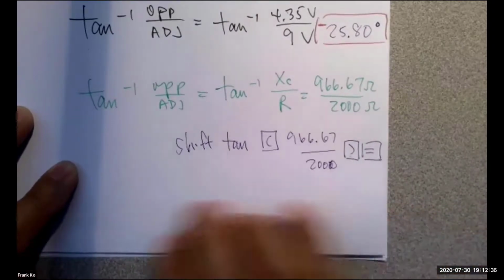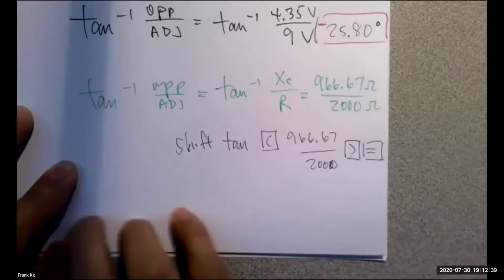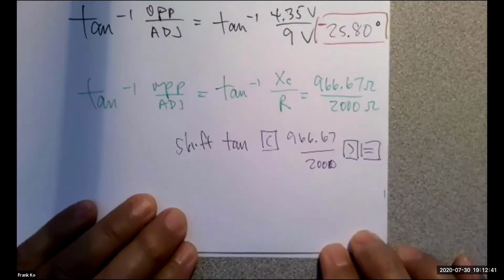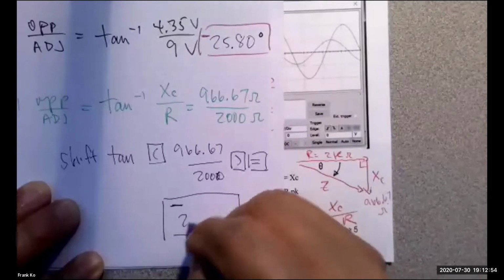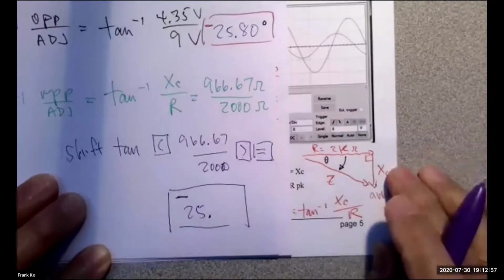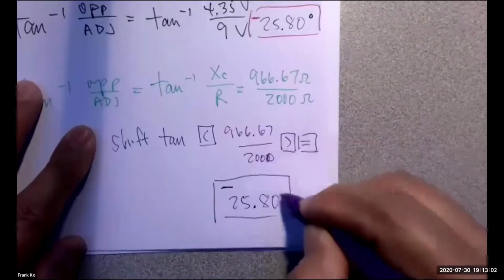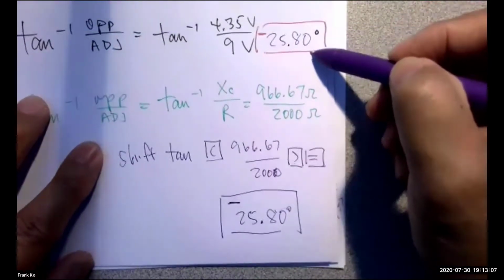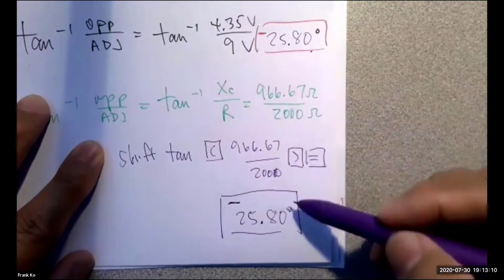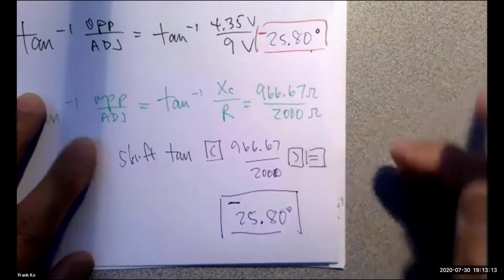Harpreet, what do you calculate? 25.80 degrees. Does it have a polarity if the phase angle is pointing downwards? Negative. So the answer is going to be a negative 25.80 degrees. Wow, we calculated that number of degrees using voltages, and we calculate the same degrees using ohms